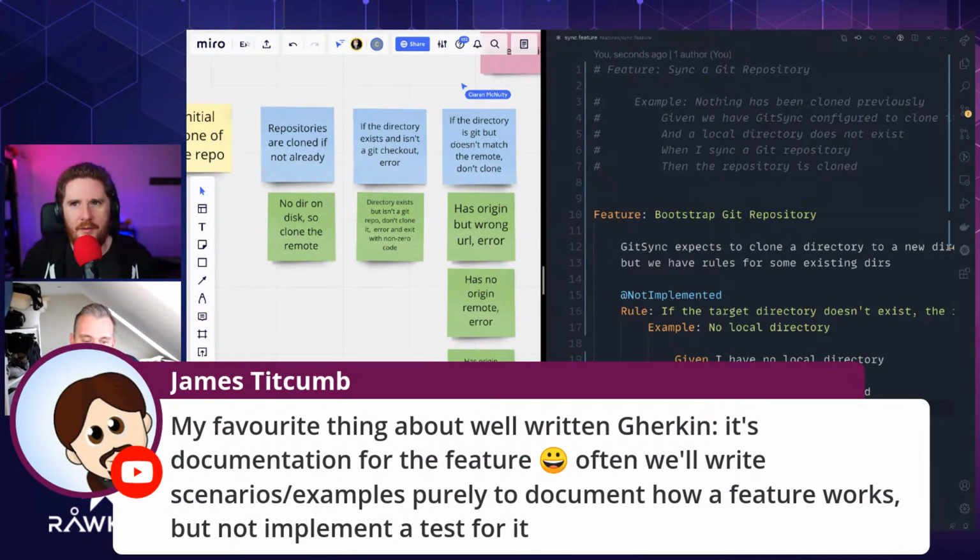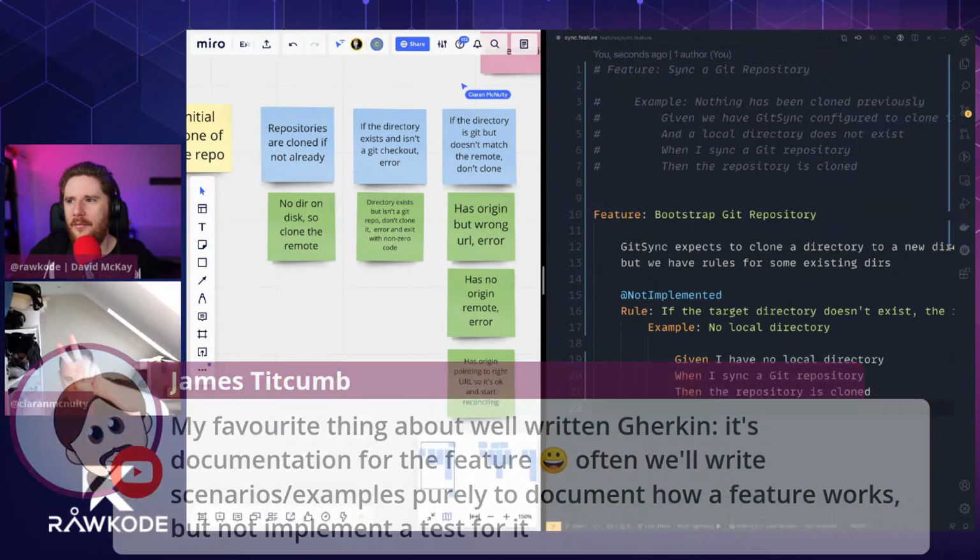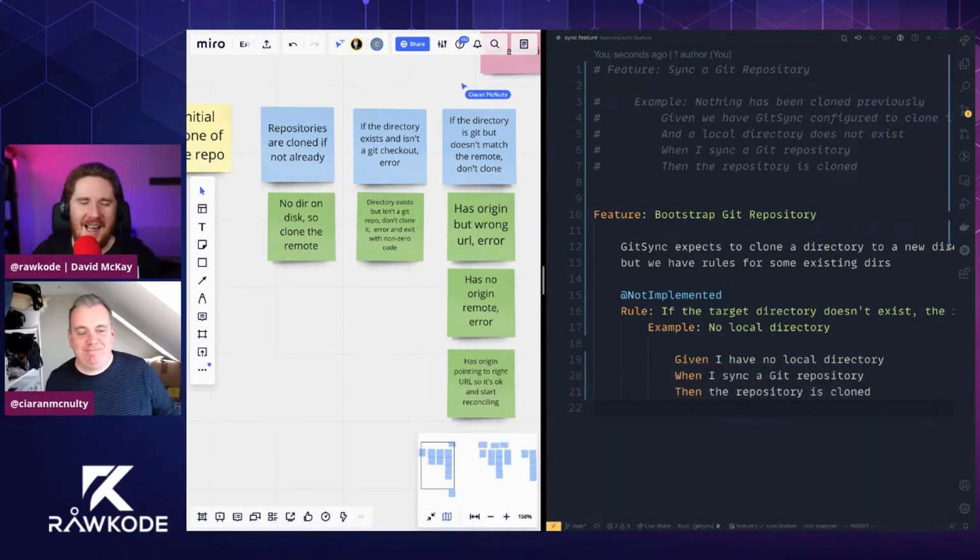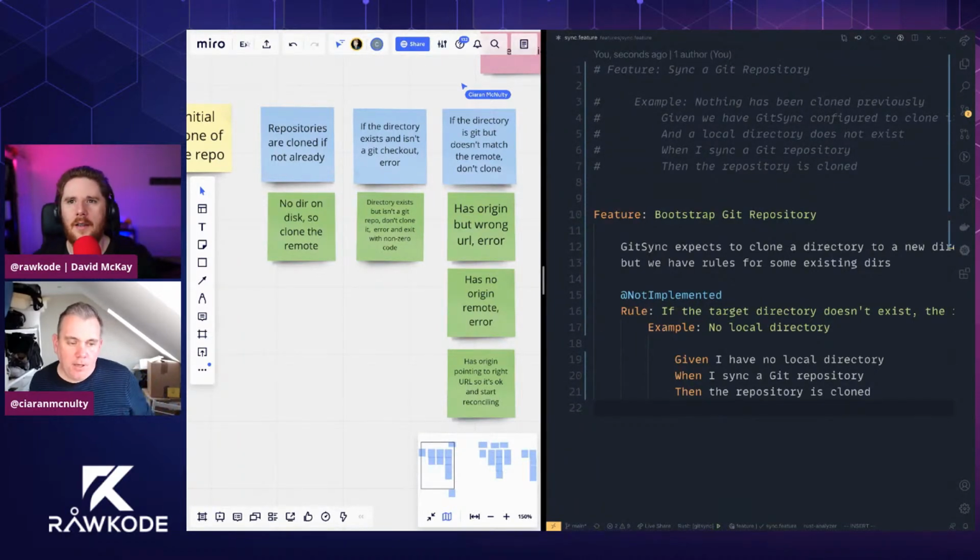We also got another comment from James, that his favorite thing about Gherkin is just the documentation side of it and not so much the testing. I don't know if I'm right or wrong, but BDD, they always say it's not about testing, right? It is about the human aspect of it rather than the automation side of it. So yeah, and depending when you're having these sort of example mapping conversations, you might discover a business rule and